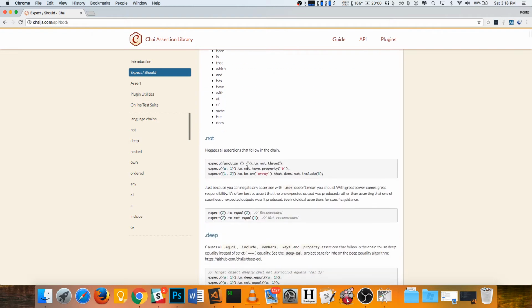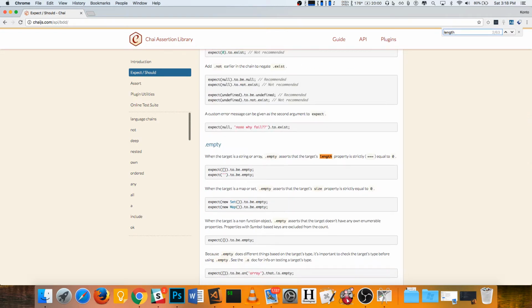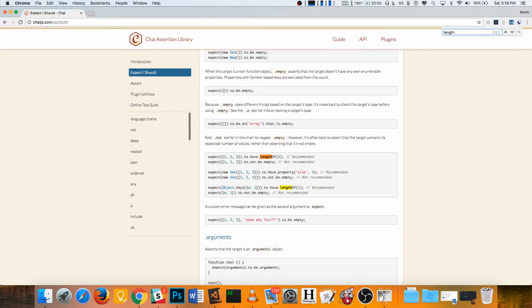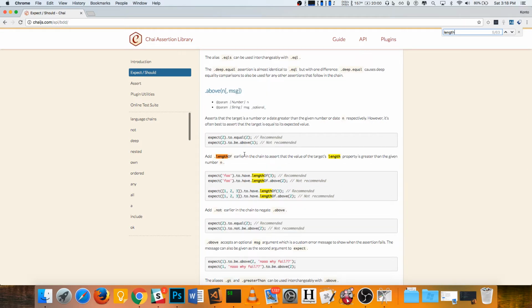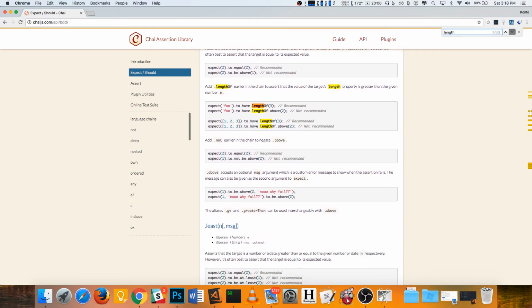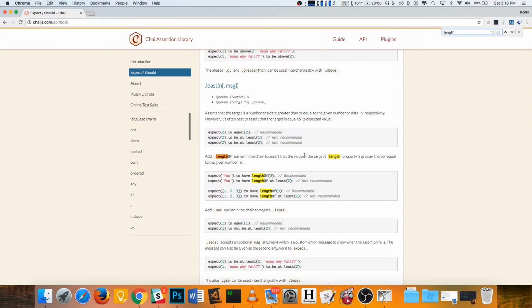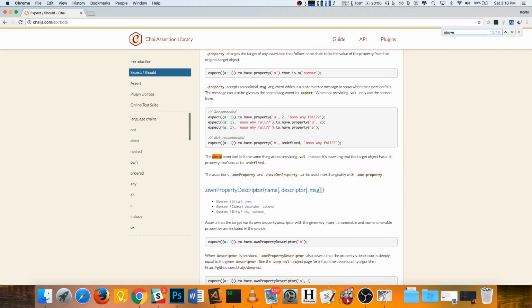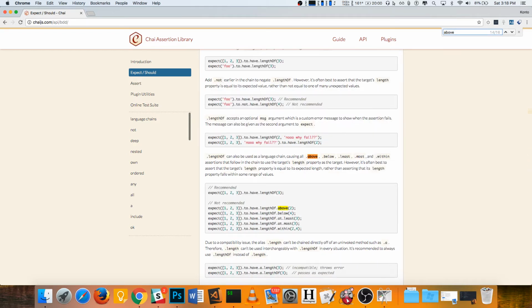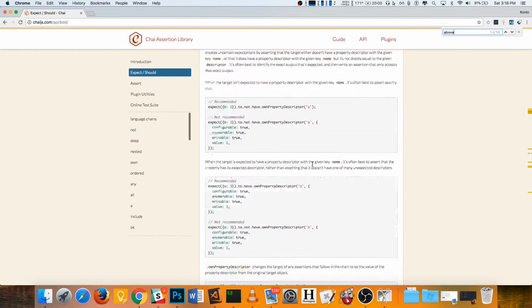So I can check the API here. Targets length. Expect to have length of, cool, and right here, length above. So the above assertion, above. So what I can do,